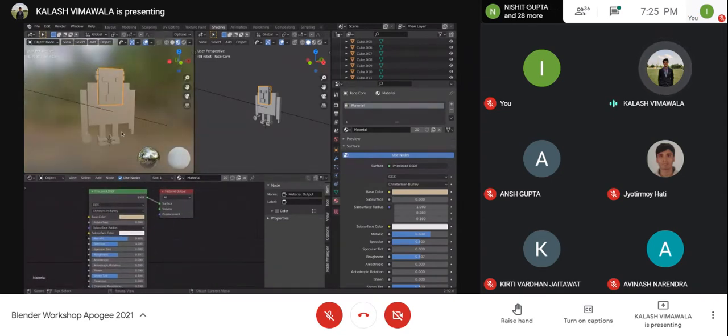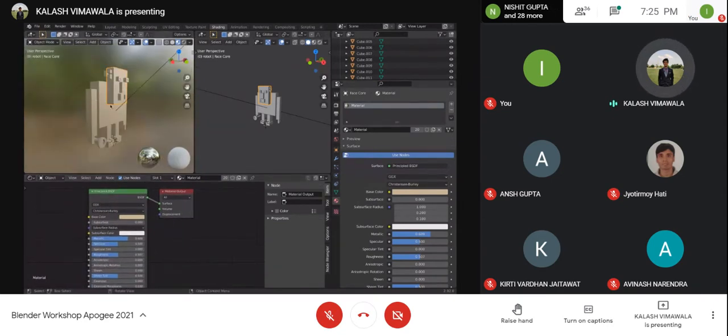Now, if you can see, all the objects are of the very same color. This is because we have the same material applied to all of them. If you see this, it has the name material, the material property that I have. I can rename it and name it skin tone light. So this will be the name of the material that I have right now. If you see all the objects, they will have the very same material, skin tone light.